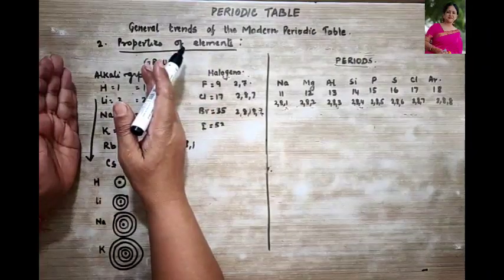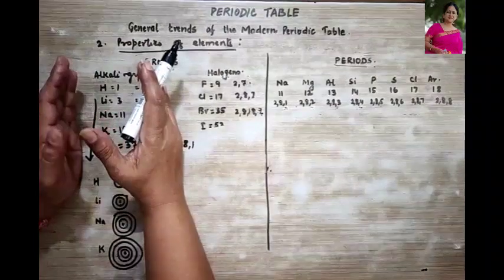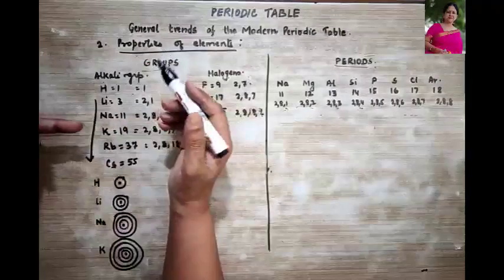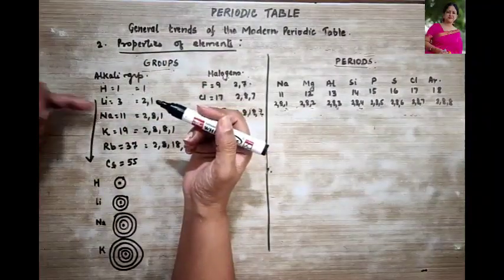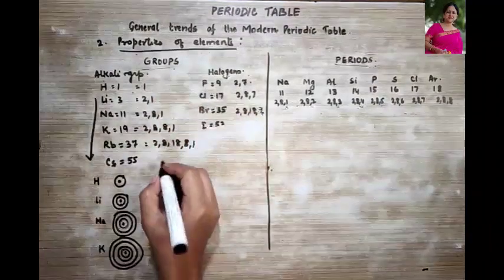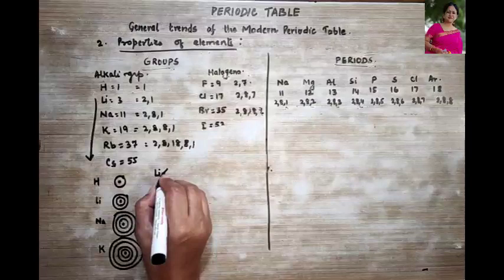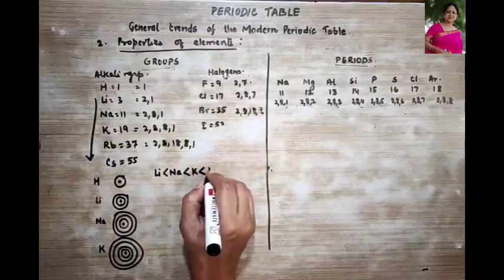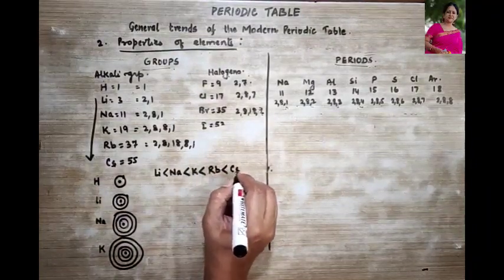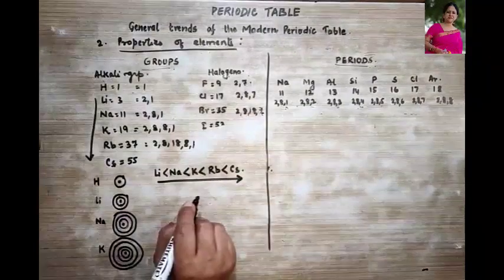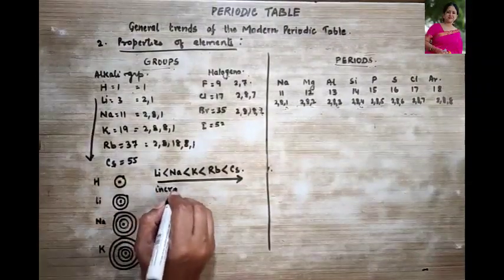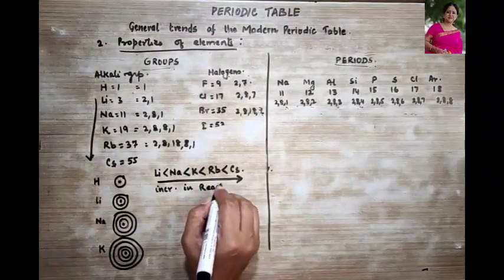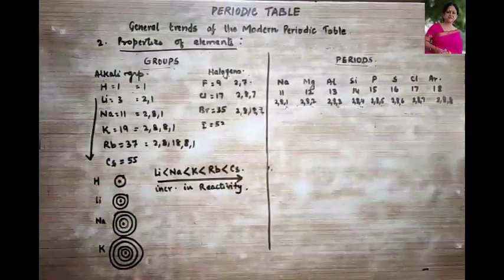So taking an example of alkali metals. Now if you remember your activity series, we have potassium and then sodium. So see over here, potassium should be more reactive than sodium. Is that clear? So we can write down over there that lithium is least reactive, followed by sodium, followed by potassium, followed by rubidium, followed by cesium. So as we are going towards cesium, what is happening? There is an increase in reactivity.